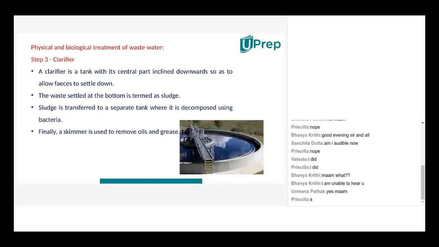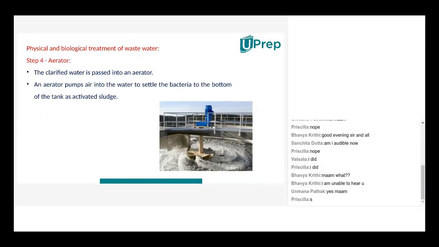Okay. So now that we are done with the third stage of the clarifier, right? Now oil has been removed, grease has been removed, sludge has been removed, bottles, sticks, big pieces have been removed, even the smaller particles have been removed. So what are we left with to be removed? What does the fourth stage do? It does aeration, right? Priscilla, can you read out the fourth stage?